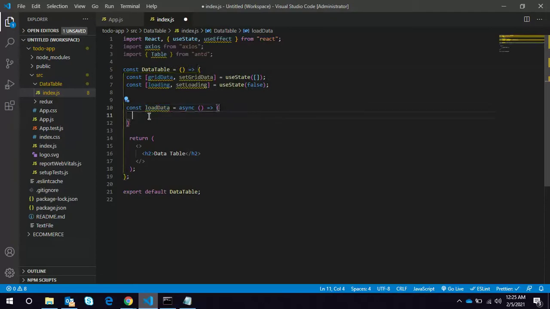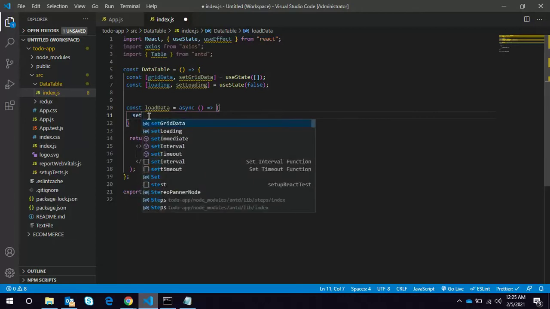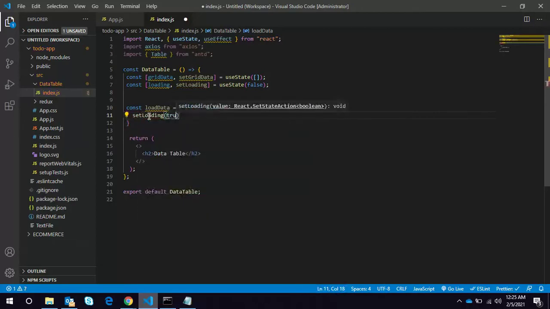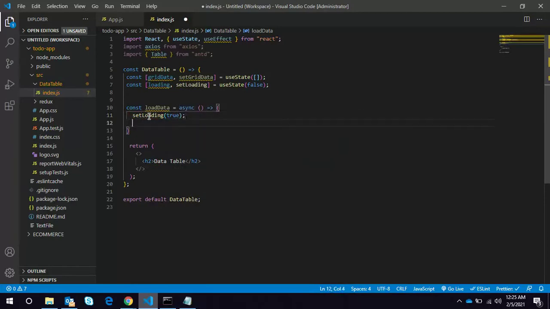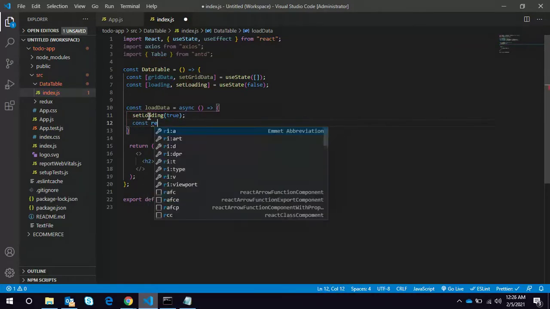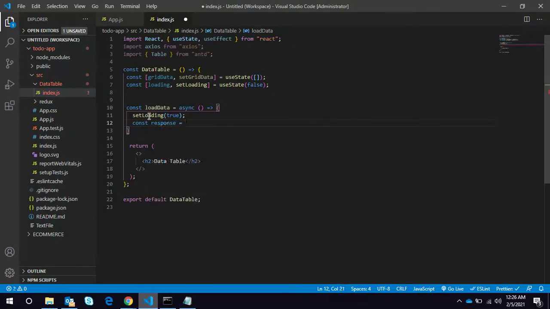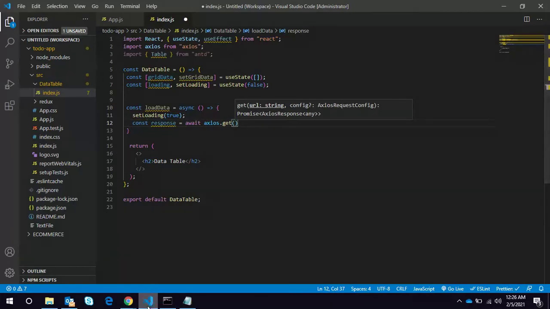That's why I use it outside the useEffect. Set loading to true. So we will copy this URL.